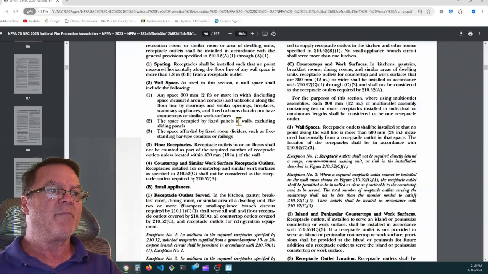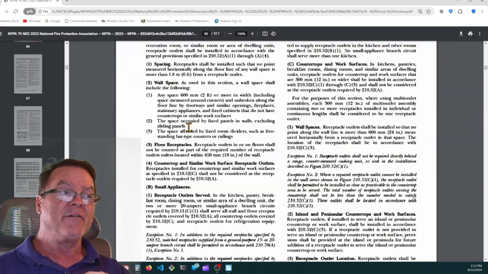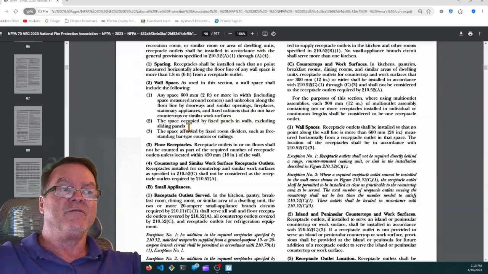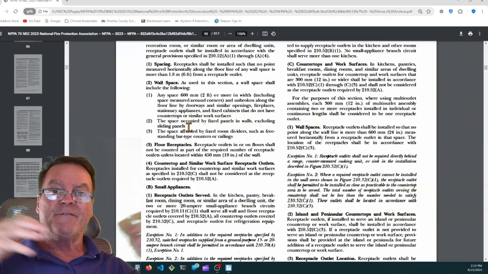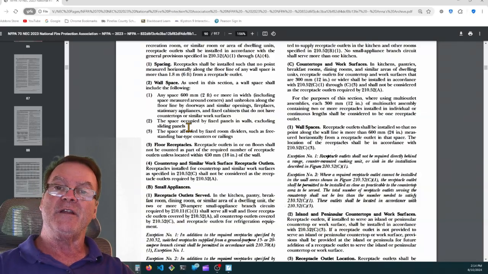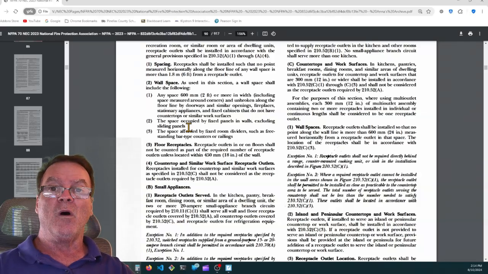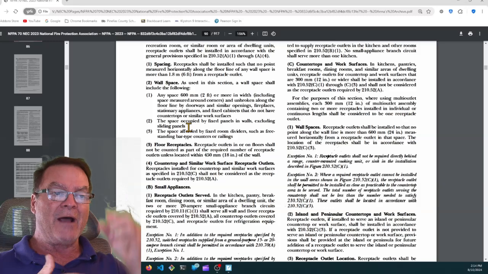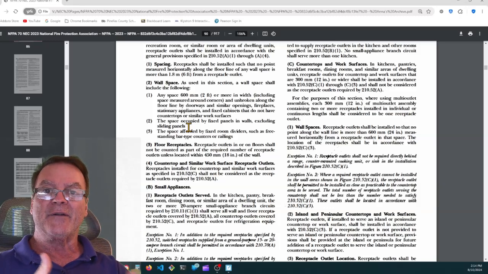The space occupied by fixed panels in walls, excluding sliding panels. So if you're rich and you live on the ocean and you have 24 feet of window space, floor to ceiling, that you can look out at the ocean, if those panels don't move, they're a wall, and you have to have receptacles every 12 feet. You can't install it in the glass wall. You have to install it in the floor within 18 inches of that wall. But those outlets that are within 18 inches of that wall will count as the walls for the continuous wall